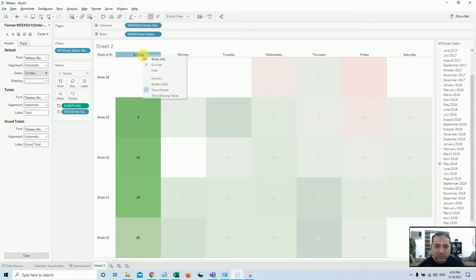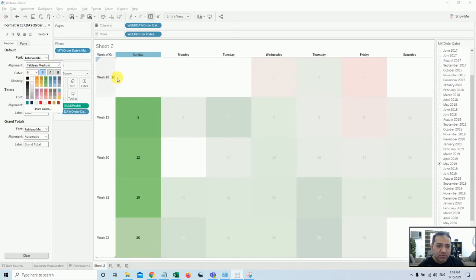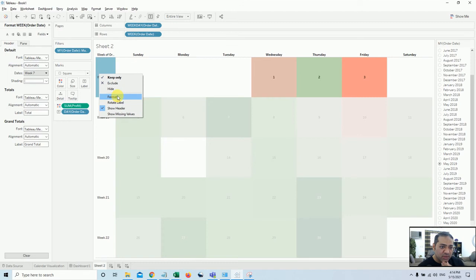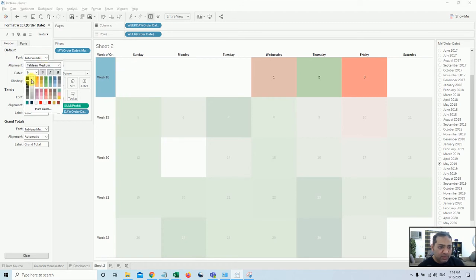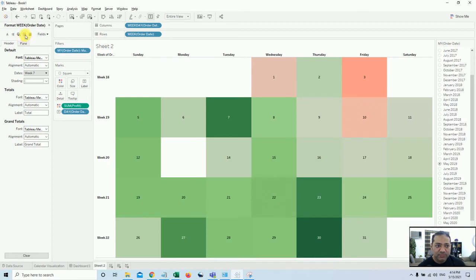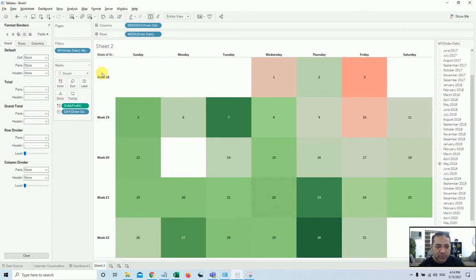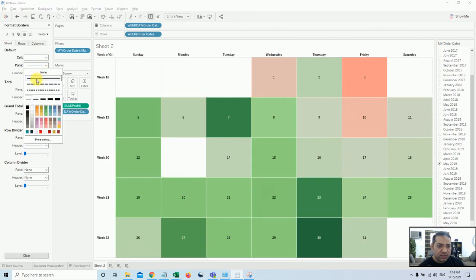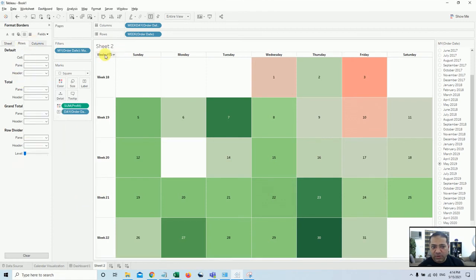These labels we can also make Tableau medium, bold, similar to the week labels, format, medium, bold. And we can even give some borders as well. You can choose these borders to make it nice and clean, even for the rows. You can also hide this label.